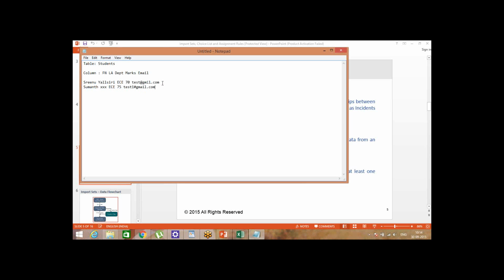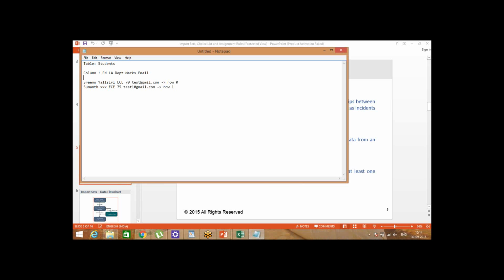Okay, clear? If I want to point to Sumant's record, which row do I need to go to? The row positions start from 0. So this is the 0th row, row 0, and the position starts from 0, so this one is row 1. Now pointing to row 1, and Srinu's record is pointing to row 0, and this is the column. The column is also pointed; this is a column.